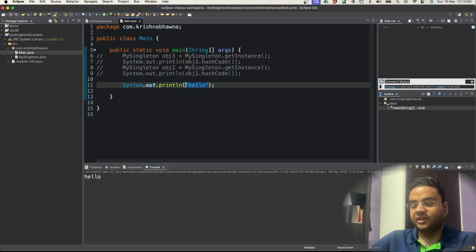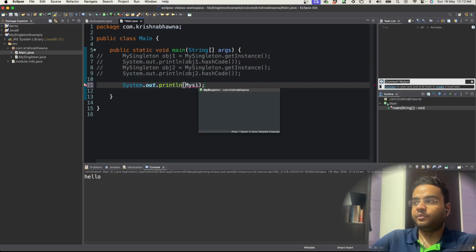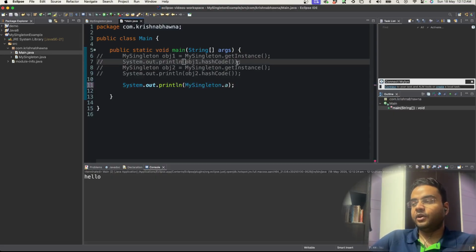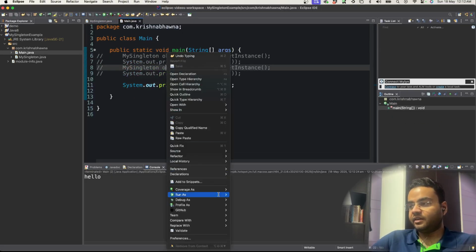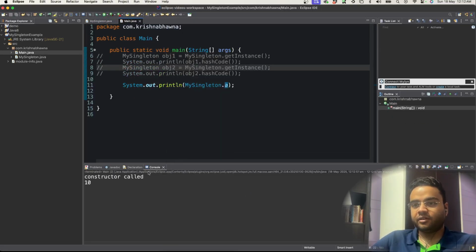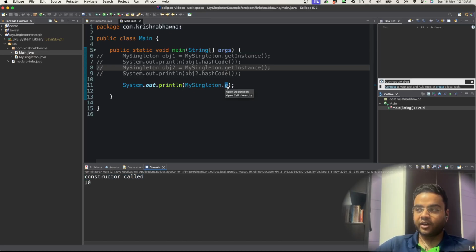But what will happen instead of hello? Let's say I am printing MySingleton.a. The value of MySingleton.a is 10, so ideally it should print 10. But let's see what will happen. Once I click run as Java application, you will see constructor called and 10. So the interesting thing is I've just printed MySingleton.a, but as soon as I used any static variable of my singleton class,